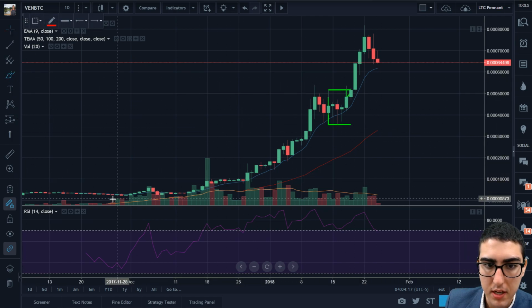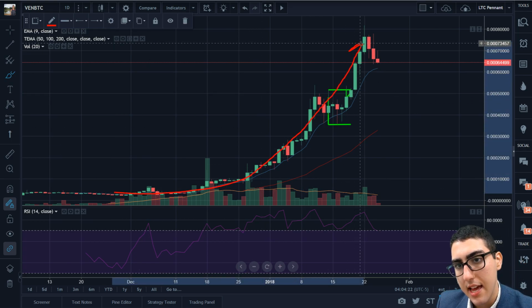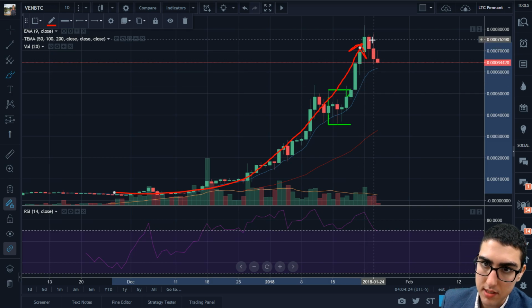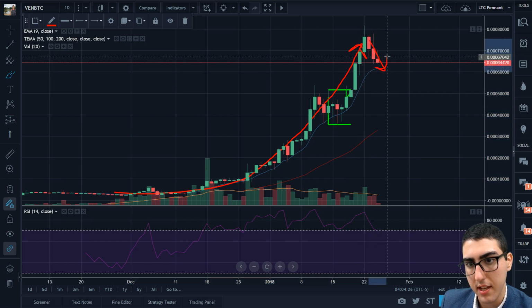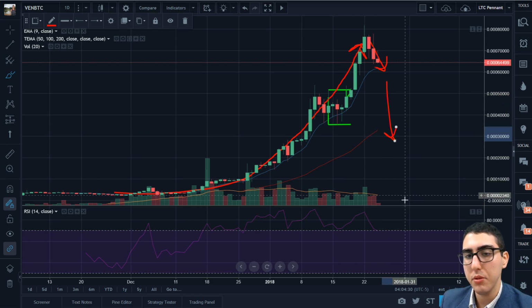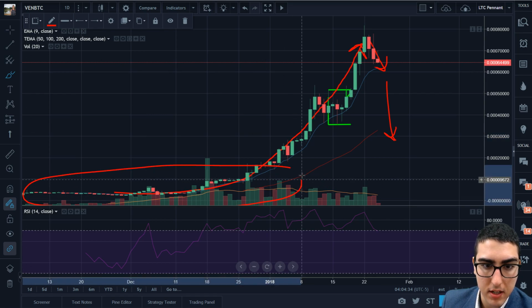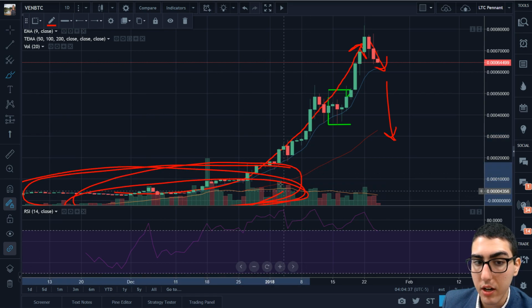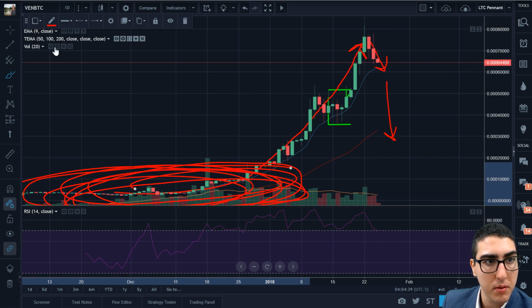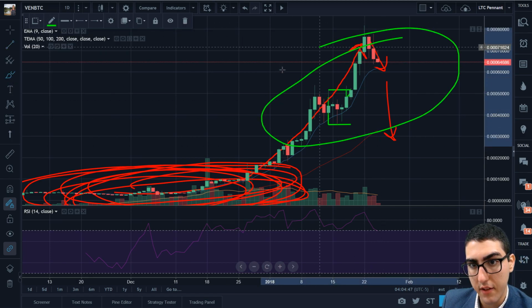If this is a true consolidation, then I don't see this price going any further up. And the reason this happens, it's not that there's anything wrong with the coin. Maybe because we're seeing a lot of this, I can teach a little bit here. When you see these run-ups that happen, they go up extremely high, and what ends up happening is there's always these points of consolidation. And some people are like, well, it's impossible to continue to go down. Well, no, not really. Understand that a lot of these people right here have been holding this coin for a